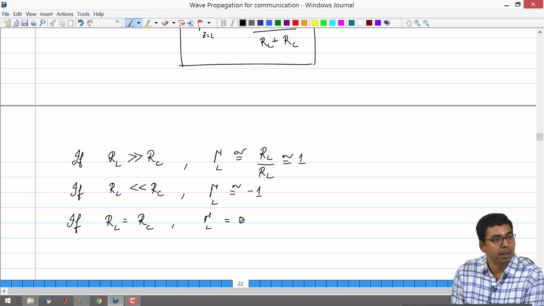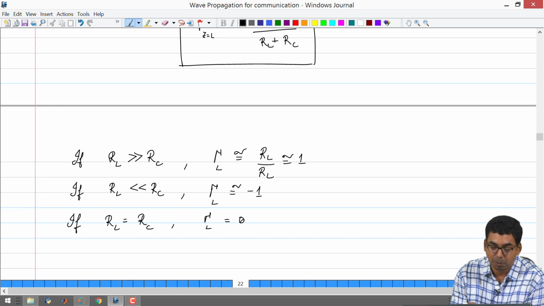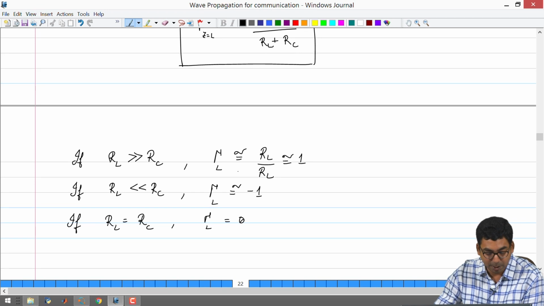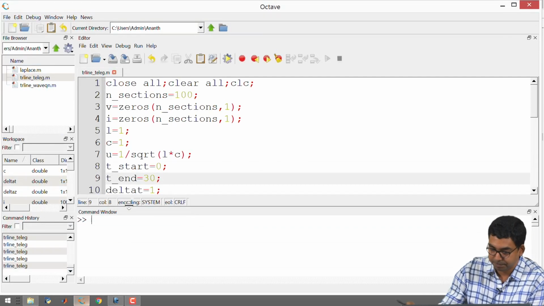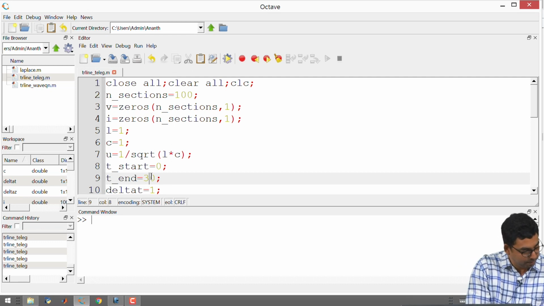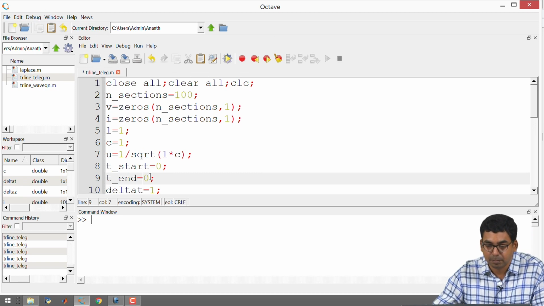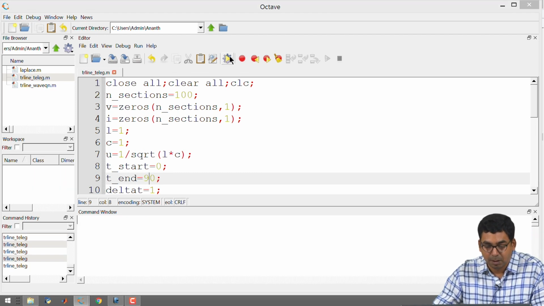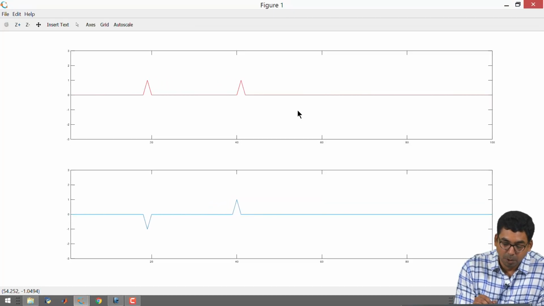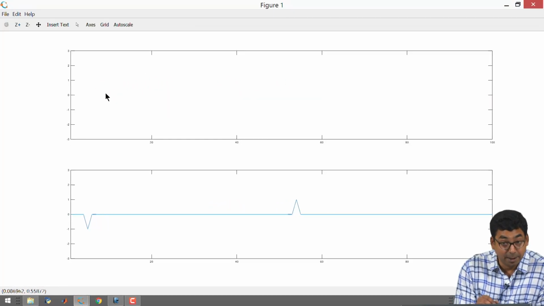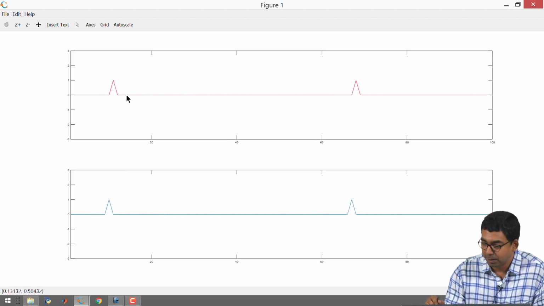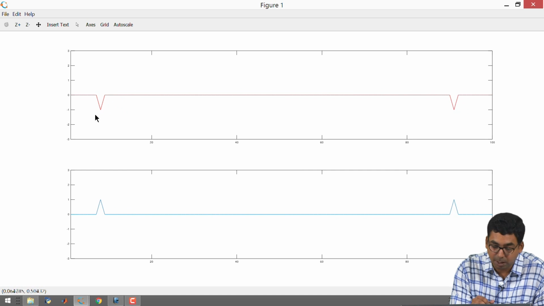Okay. We can go back to your simulation, fire it, and just look at what we expect the voltage reflection coefficient to be on each side. Let us just do this very quickly, right. Let us concentrate only on the voltage on the left hand side, it did not flip. On the right hand side, the voltage flipped. In between something happened here also, right.